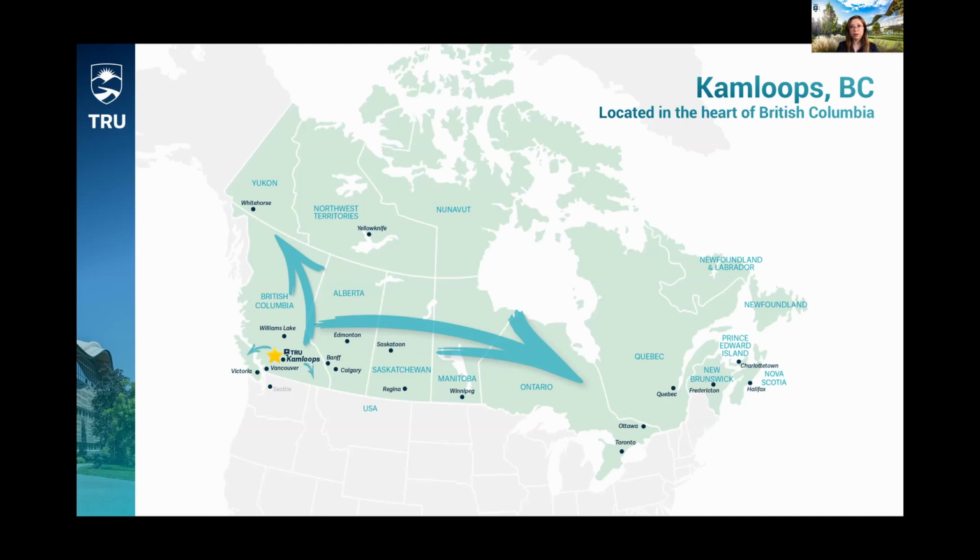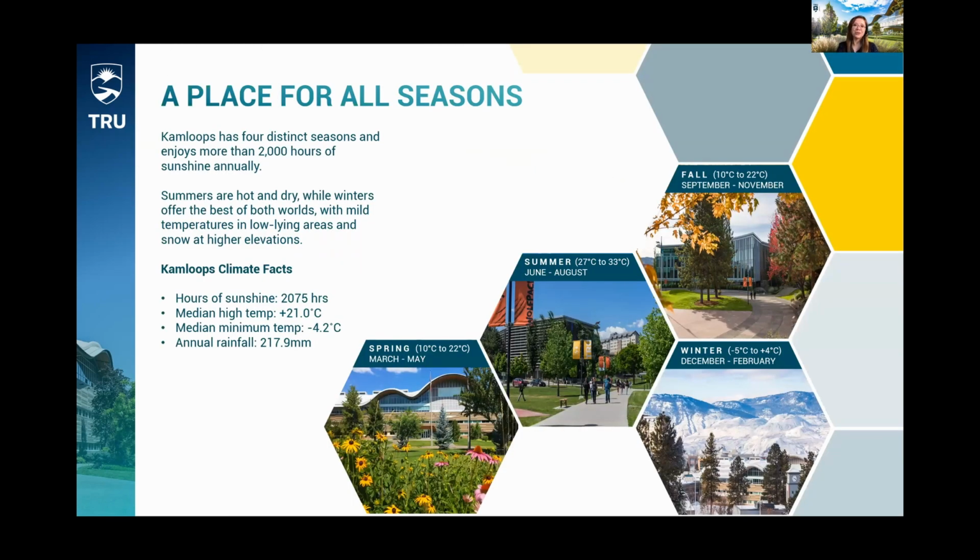What I also want to talk about when I highlight where we are is definitely the climate, the seasons, and the weather. I want to give that peace of mind, right? Because Canada is known to be a cold country, but when we talk about British Columbia, we have our own microclimate. In general, the weather is always more mild, with less harsh cold temperatures, and more clearly defined four seasons. That's what Kamloops really offers. Winters have snow, but usually the average temperature doesn't drop much below -5, -7. There are a few weeks during the winter season where the temperature can drop to -20,